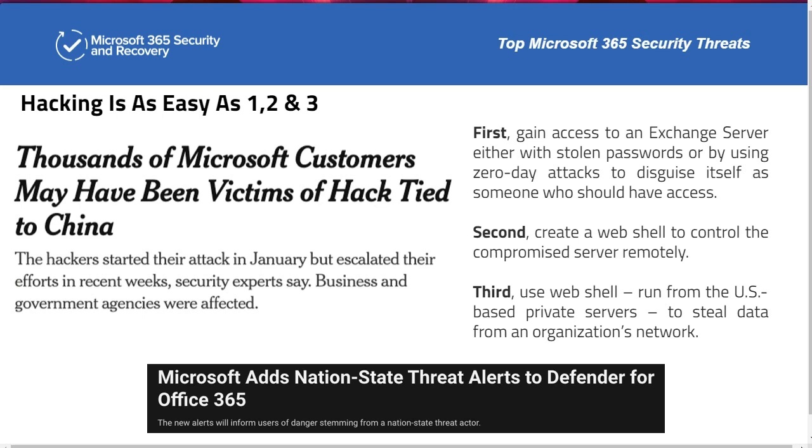The exploitation of a zero-day vulnerability on Exchange servers, but also just simply breaking in with stolen passwords or brute force attacks. Then they were able to create a web shell to control the compromised server remotely, and then use the web shell to exfiltrate information from that organization's on-premise Exchange server, and use that certainly in an espionage capacity, but other organizations used it to drop ransomware into an organization by laterally moving from the compromised Exchange server into the network Active Directory server that was there, which goes back to when I said there's a whole bunch of, I would say, enabling services that Microsoft